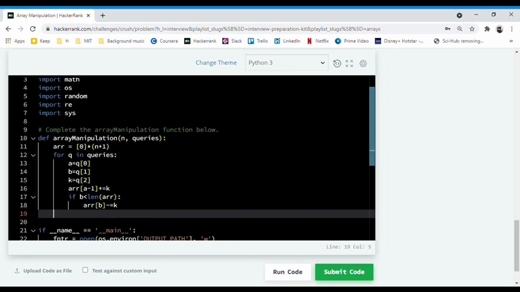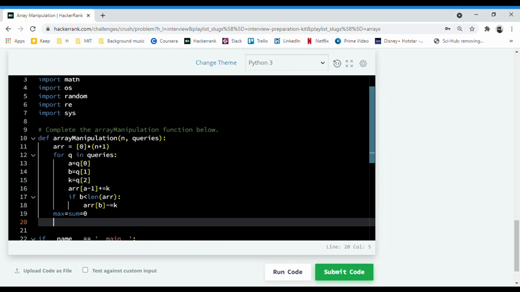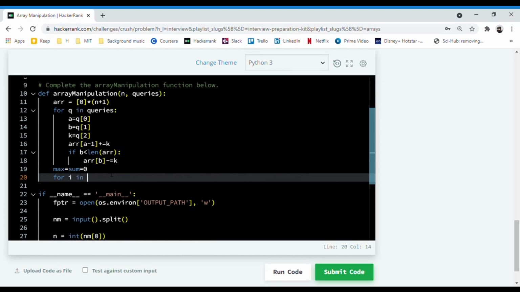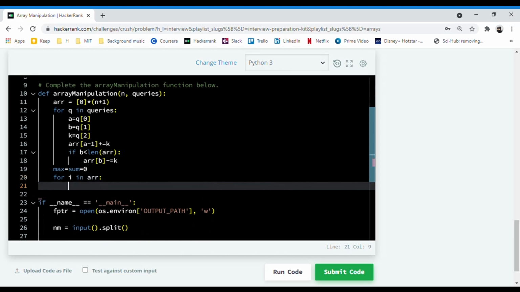Now we'll initialize max and sum to 0. And now we'll iterate through the array and sum all the numbers to find the maximum. So sum plus equal to i will give the sum.